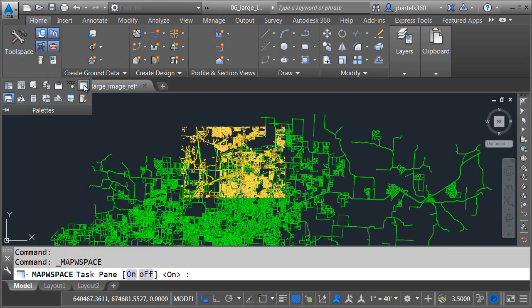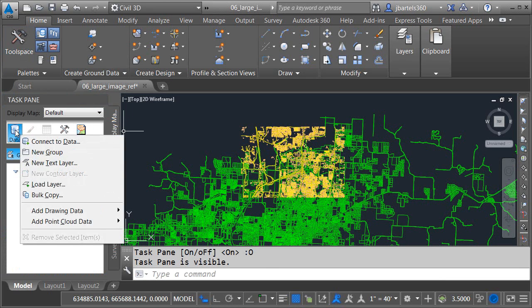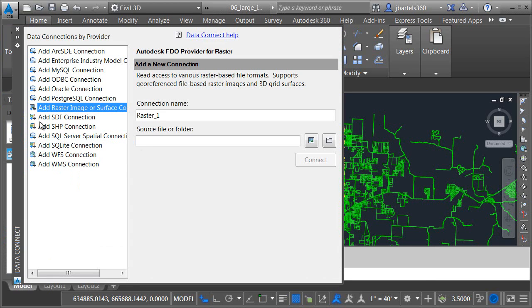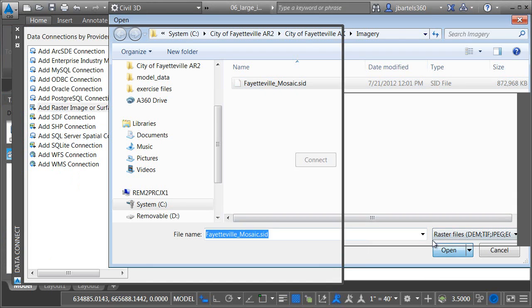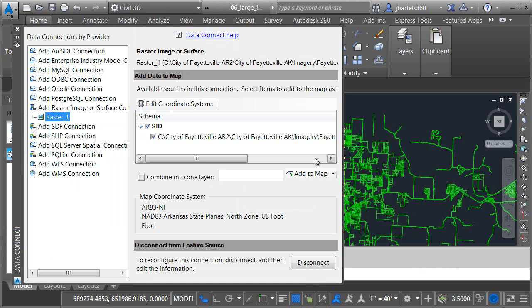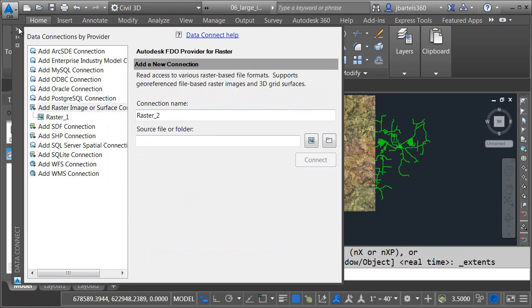I'd like to add an aerial photo to the background. I'm going to do that by bringing up the Map task pane, and then I'll click the Data Connect, and I'd like to connect to data. I'm going to connect to a raster image using the FDO tool. I'll select this MrSID image. We can see that's 900 meg, so it's almost a gig. I will then choose Connect, Add to Map, and you can see in less than 2 seconds that file was